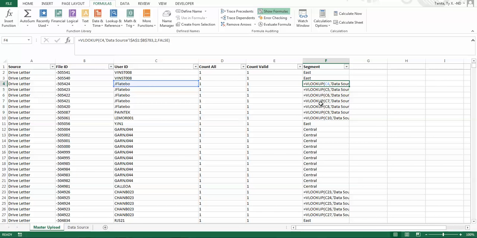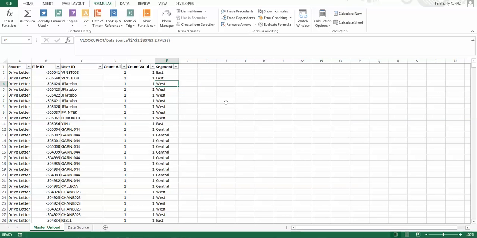And this is great because, like I said, when you're working with large amounts of data, it can be really time-consuming. So this is just a little trick I wanted to show you guys. Hope this helps, and